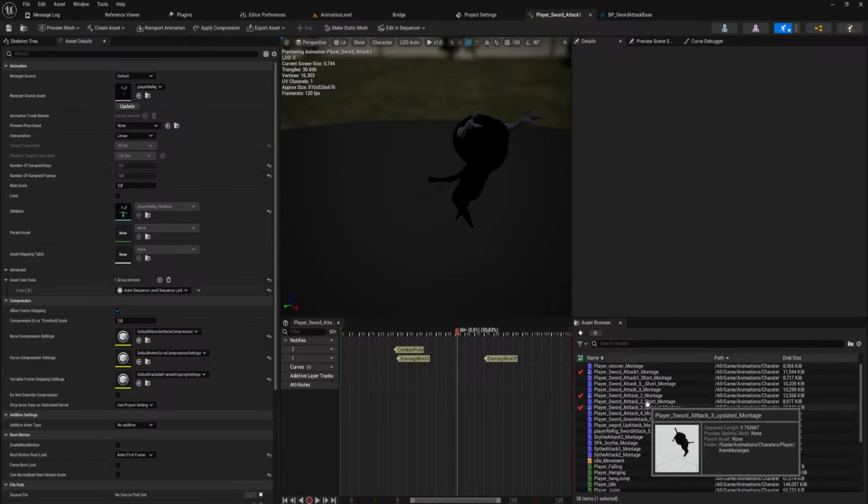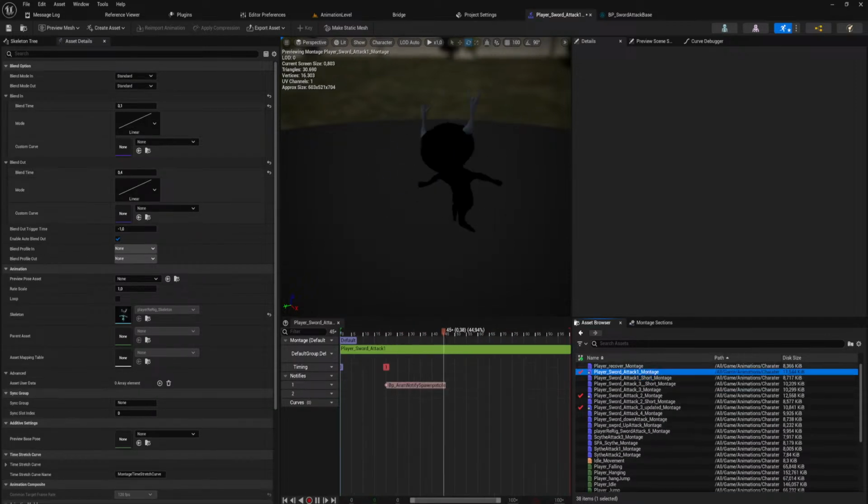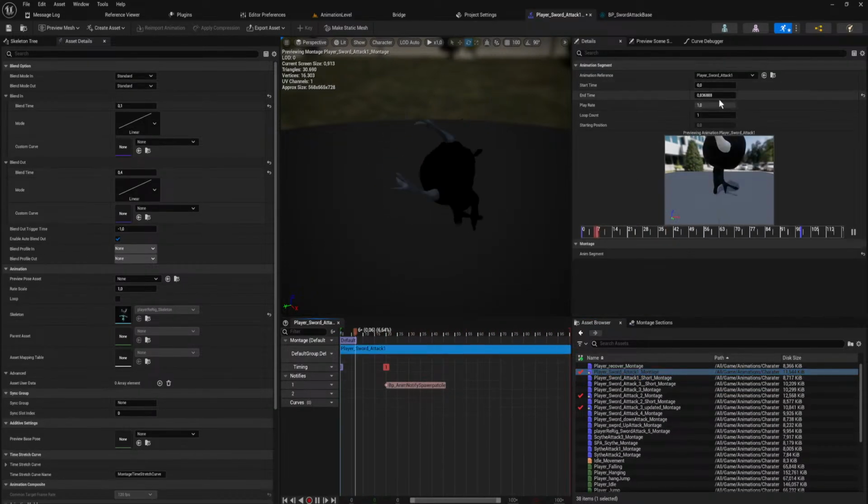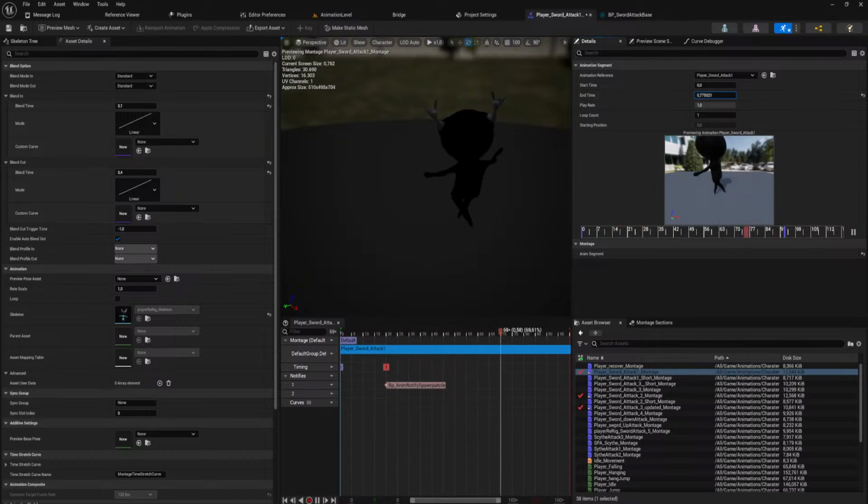So the timing is really the only thing that matters right now, not the animation quality itself, which there's a link between the two, I know, but...